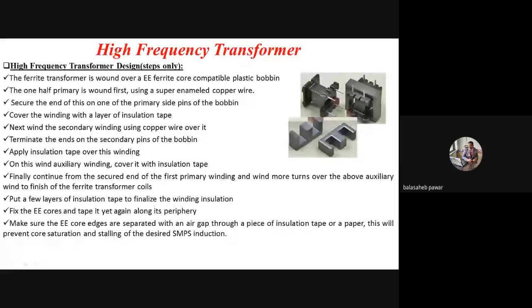The construction steps are almost the same as that of our conventional transformer. Purposely I have shown here the ferrite core material as well as the plastic bobbin on which the winding is wound. Again, there are basically two windings, that is primary and secondary. If there is a need to step down the DC voltage, then this high frequency transformer can be designed as a step down high frequency transformer. If there is no need to step down the pulsating DC, then this transformer simply acts as a coupling transformer, or we can say a high frequency coupling transformer. Or if there is a need to step up, again accordingly the transformer can be designed and developed.